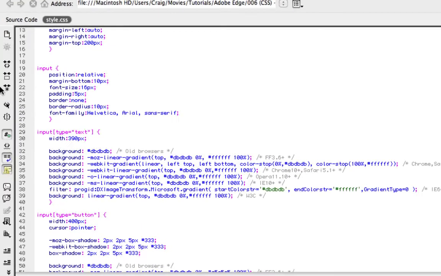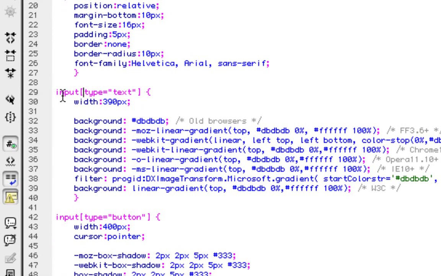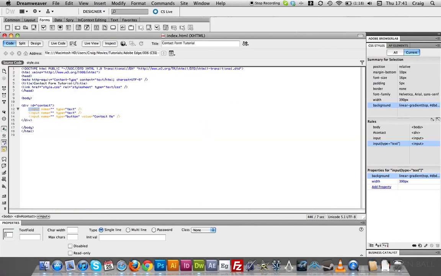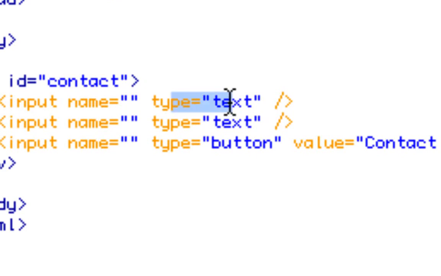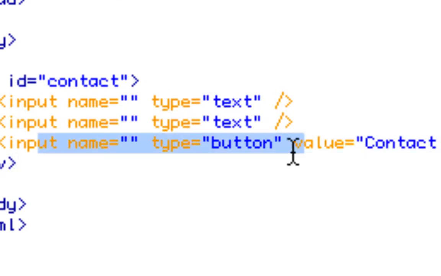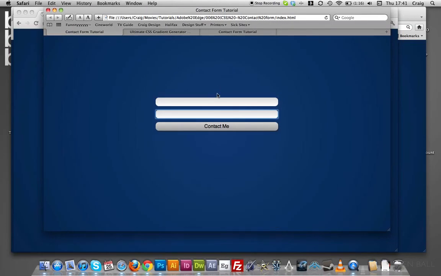Now this selector just here, this is really cool. Not only can we choose an input, but we can also choose which inputs have the type of either text or button or whatever other types of inputs you can create in your HTML. So you can see that we've got two inputs which are of the type text, and then one input which is of the type button. Now, of course, we want them to look different. We want our text boxes to have the light gradient, which makes it look indented, and then the button to have the darker gradient, which makes it look as if it's convex,